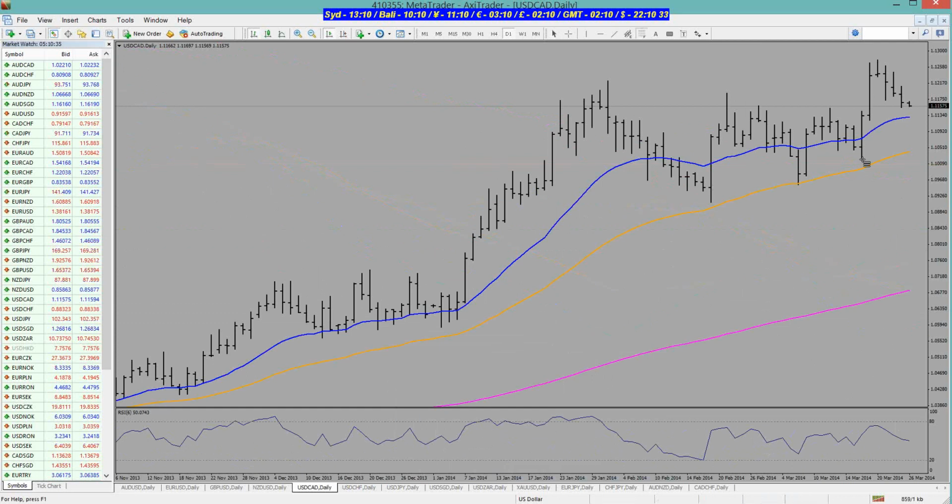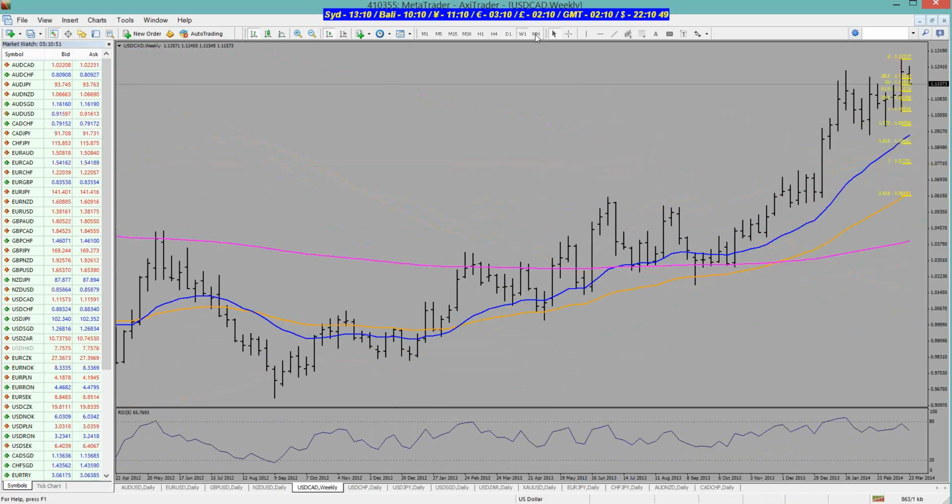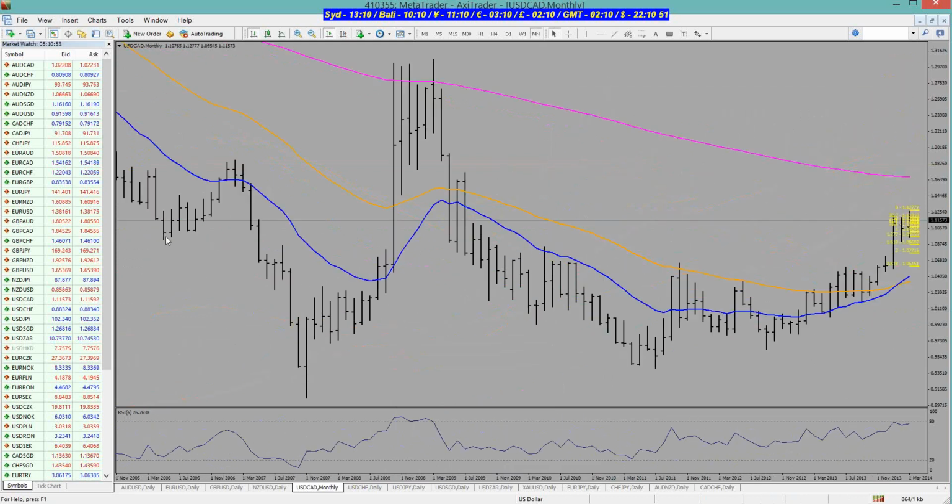Fundamentally, the cable is still quite weak. You're looking for a horizontal support line, and the market to react to it somewhere around here. And if you can get a horizontal support from the weekly or even the monthly,